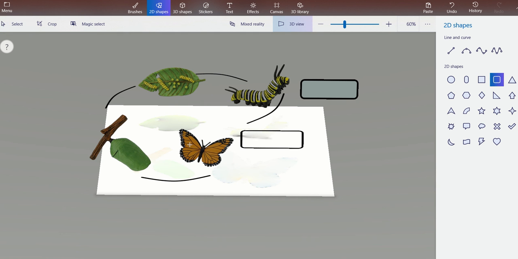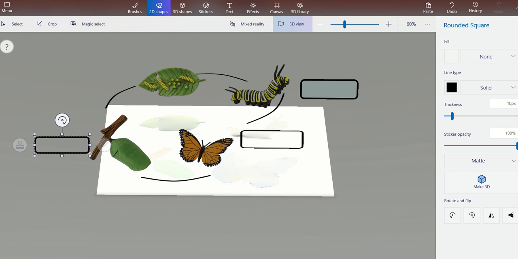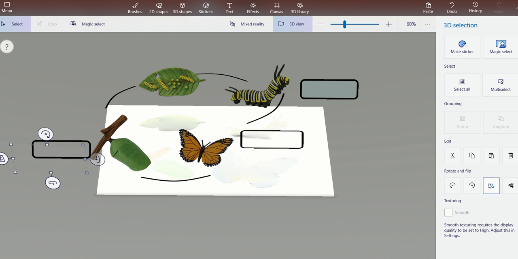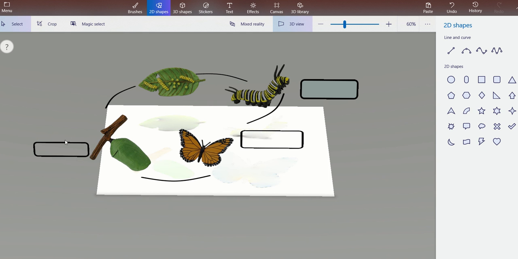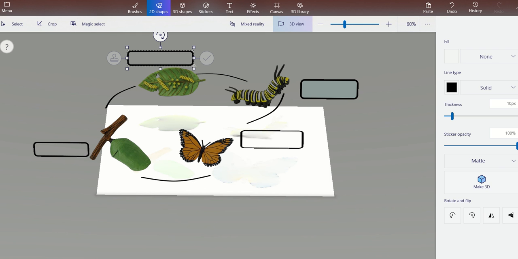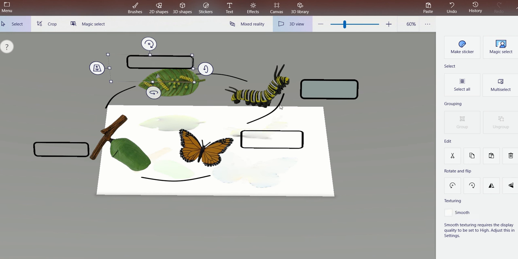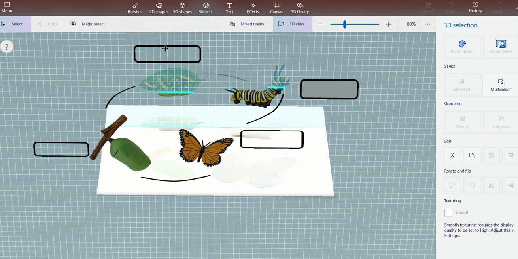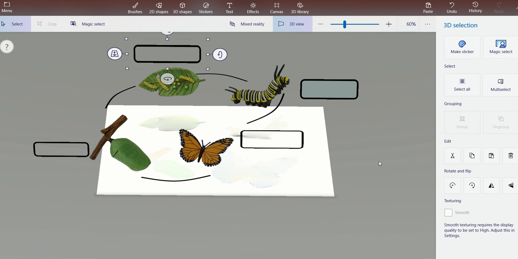I'll move it over here, this rounded square I needed, and I need it over here now. Okay, let it be a fill, I need it in a 3D image. So this is how it's going to come up, people, and I can select it over here. And then the next thing that I need is, so this thing is done, now I need the fourth square. I can again select the rounded square over here. Now I need it over here in this leafy section, and I need to make it a 3D image. I can go ahead and adjust it. Okay, so this is how it's going to look.